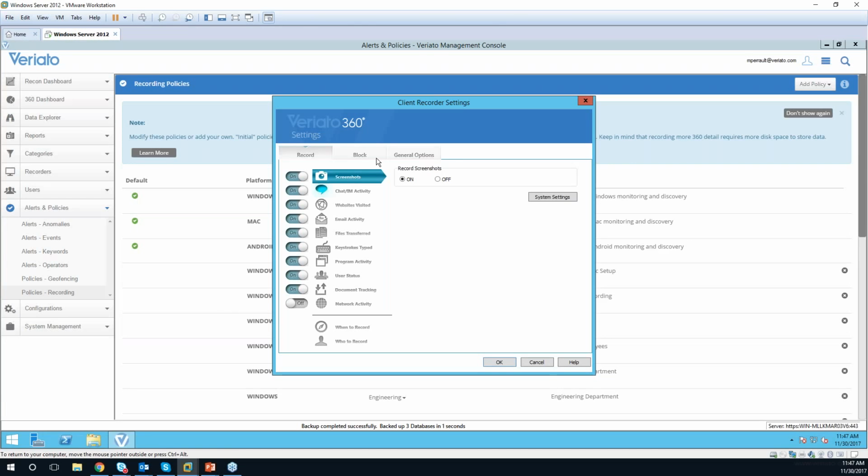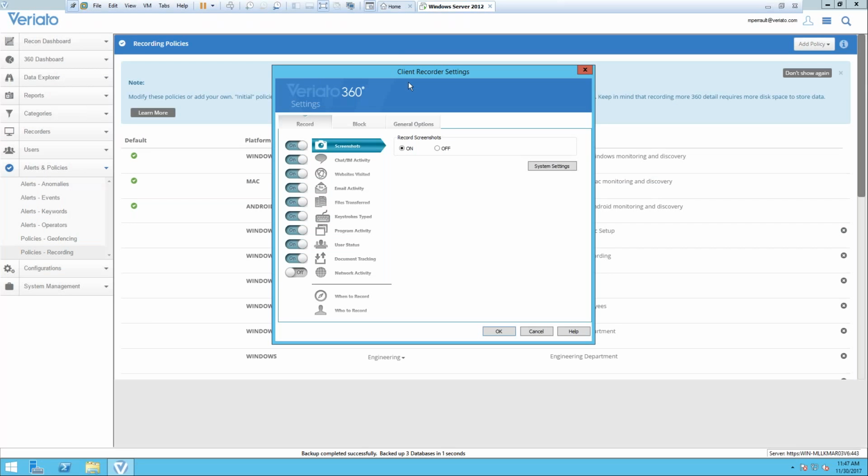All right, I'll switch over to the actual product itself here. Let me put a picture to some of these words. So what you're looking at here is Veriato 360. What I wanted to show you guys first is what we're actually capturing, so it can give you an idea and some contextual ideas of what we're actually capturing.